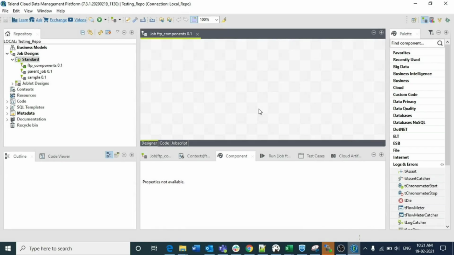In this video, I am going to explain about FTP components in Talend Studio. As I have already started lecturing about a few of the advanced concepts in Talend, I decided to make a few videos on FTP components themselves, because I have been receiving a lot of questions regarding the FTP connection and how we need to delete files from the FTP using the FTP components from Talend.